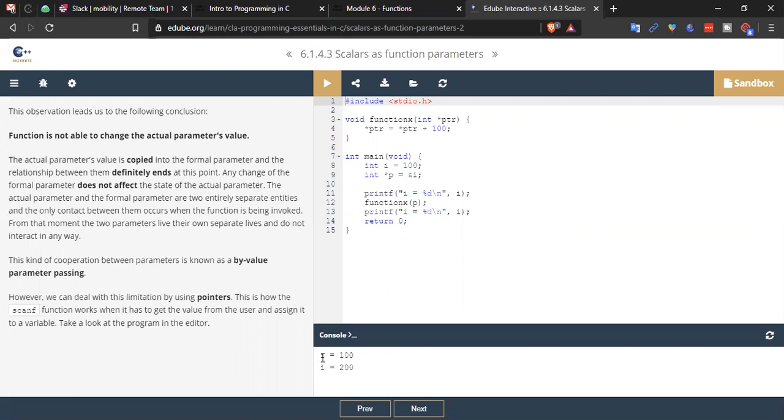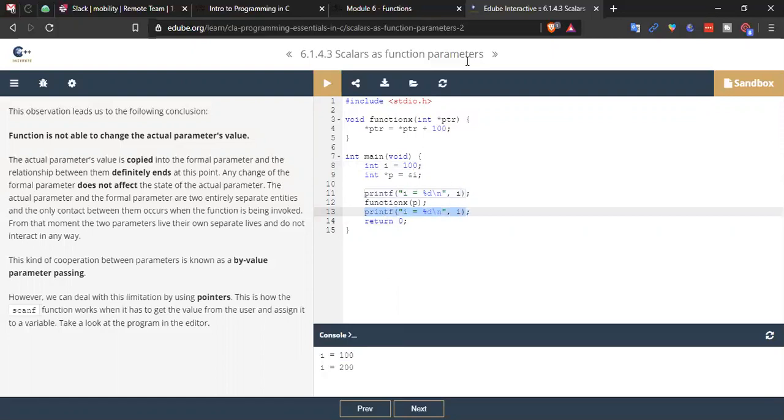So first, on the first line, as you can see, I is equal to 100. We get that answer because it was written simply in the printf function: I is equal to %d, which is the integer, and the integer value of I is 100. So that is how we get that line. How about the second line? I is equal to 200. As you can see, in the second printf function,